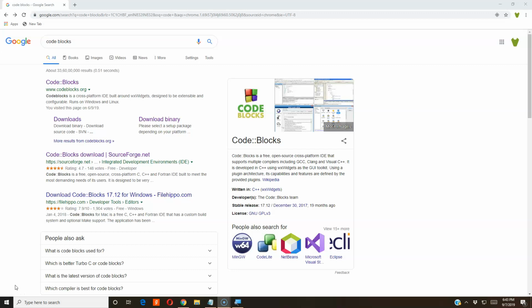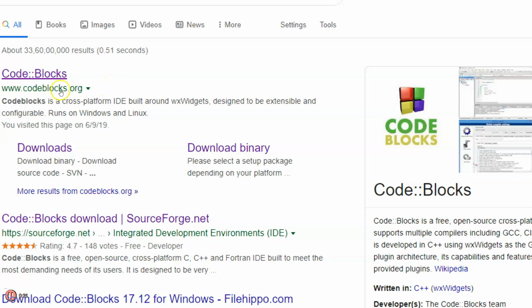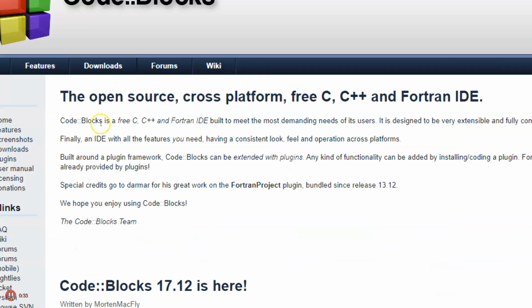I'm Deepthi. So in this session, we are going to install one more IDE, that is Code Blocks. For this entire course, I'll be using this IDE only. So how to install that? First go to browser, type Code Blocks, and then the first link which will be visible is codeblocks.org. Let me zoom in. Here you can click on that. You can click on downloads.